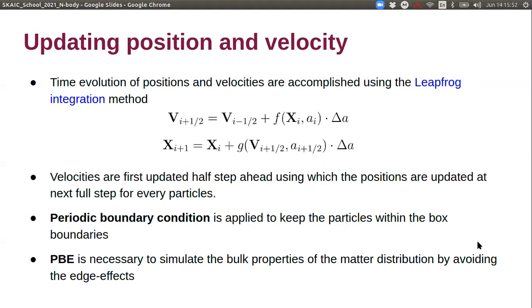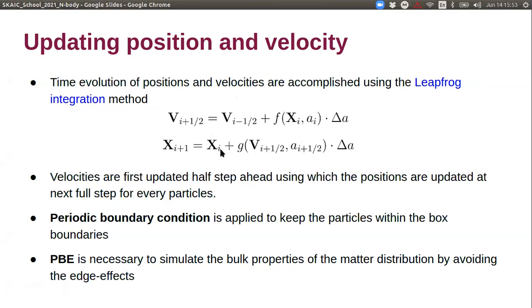Now, since we have the force or the potential at each and every grid, we can use the two equations which I have shown earlier to compute the position and the velocity of the particle in the next time step. And we do this using the leapfrog integration method, where we compute the velocities at a half step ahead of this x_i.